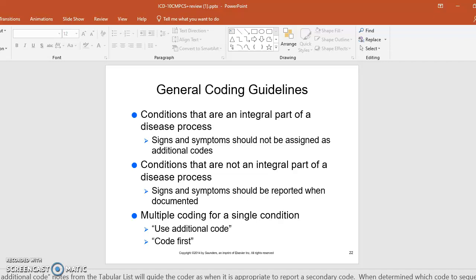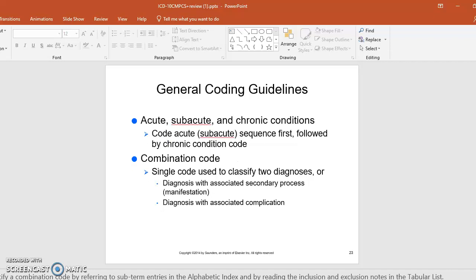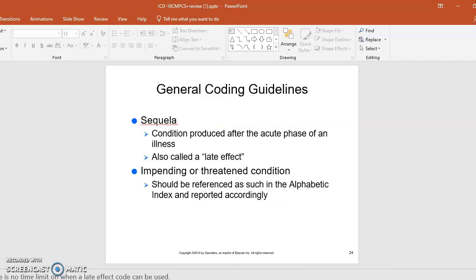Multiple coding for a single condition. This would tell you, that's why it's always important to read your tabular. Use additional code. Code first. It tells you what to do. That's why you always need to look in the tabular. Acute and subacute. Remember, if we have acute and chronic and they're at the same indentation level, I code them both. Okay, if it's acute and then chronic is in parentheses, then you're just going to code the acute because chronic is a non-essential modifier. Sequela also means late effect, impending or threatened condition,